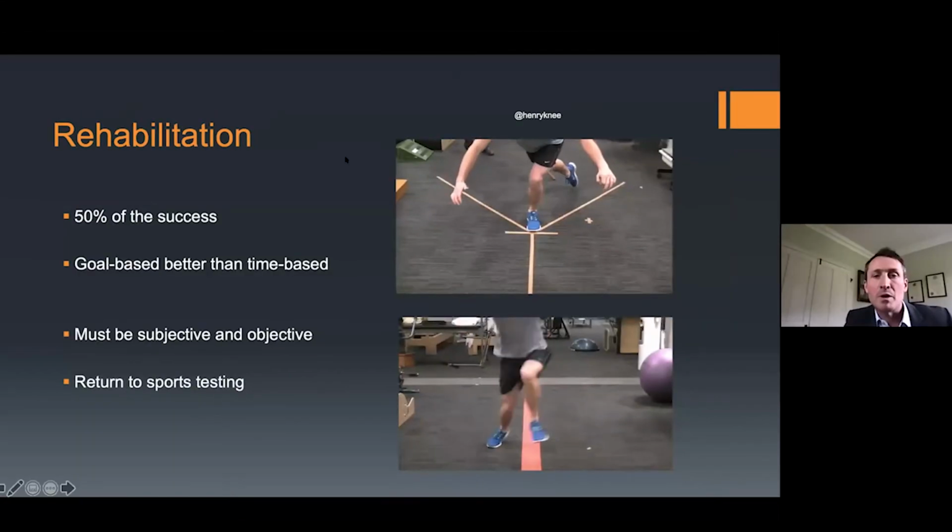No problem. So we'll go back to the screen share, and on the screen share now we should have